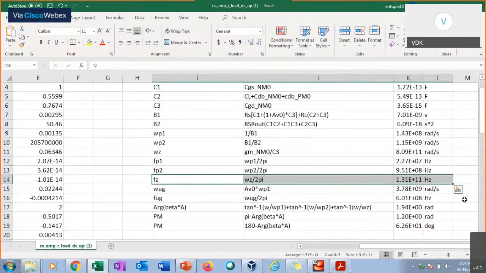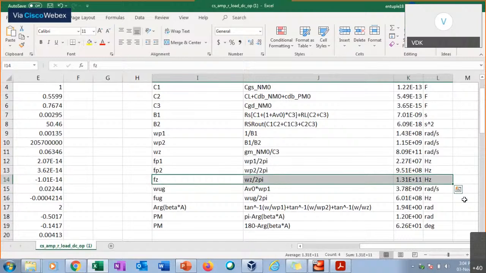Then you can also compute the gain bandwidth product. Please note that for a single pole transfer function, the gain bandwidth product is a constant. So if I increase the gain by a factor k, then the bandwidth reduces by a factor k. We have computed this also, because once I have the dominant pole approximation, essentially it means that the non-dominant pole is at least 2 octaves above the dominant pole. An octave on the frequency scale is a factor of 2. So the first non-dominant pole is at a frequency at least 4 times greater than that of the dominant pole,